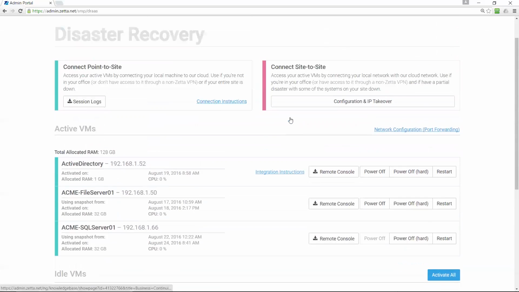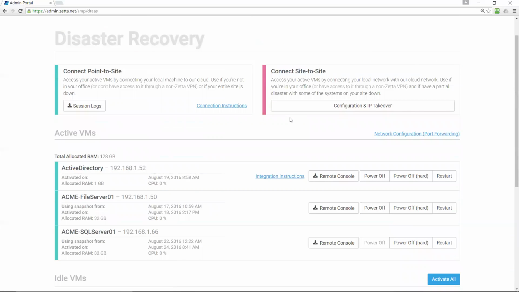And then while that's powering on, at the top, you can see we've got the two different VPN options, which Jeff was just talking about. One would be the point-to-site. This would be something you install on individual laptops ahead of time. You can log in from home. You can connect to the cloud from Starbucks, anywhere you have network activity. And you'll be able to VPN in with that. Then you can RDP. You can access applications running on your servers. And then the connect site to site would be the option you would use to connect your office LAN to our cloud.